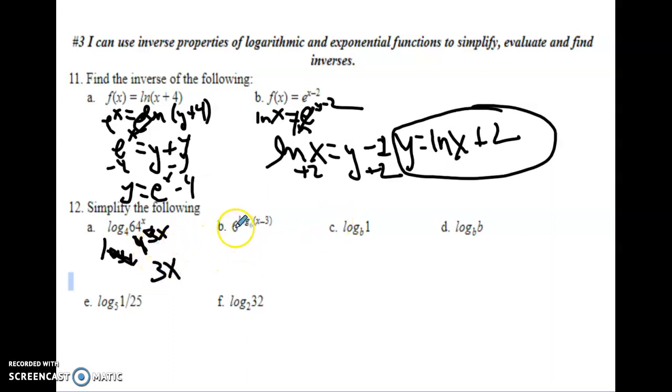This one is already simplified as far as being able to cancel out. So the 6 and the log base 6 cancel out. Your answer is just x minus 3. The log of 1, it doesn't matter what the base is. Like if you just type this into the calculator using any base, it's just 0. And this one, the log base b of b, that just cancels out to equal 1. This one I've got to change. So 1 over 25, if I write that in terms of a power of